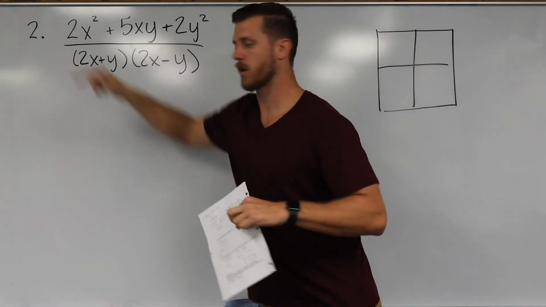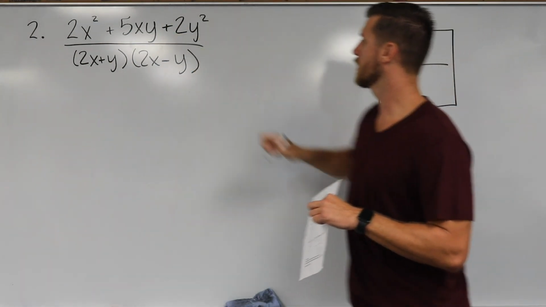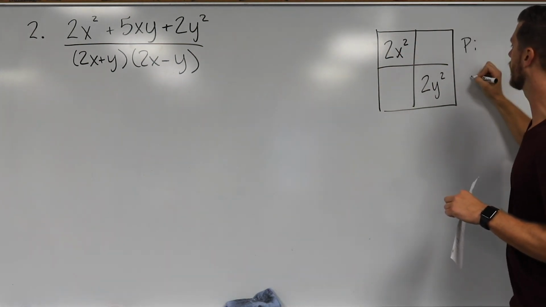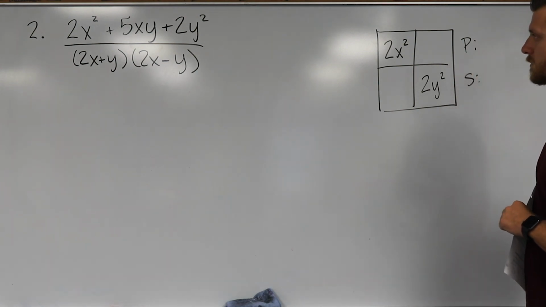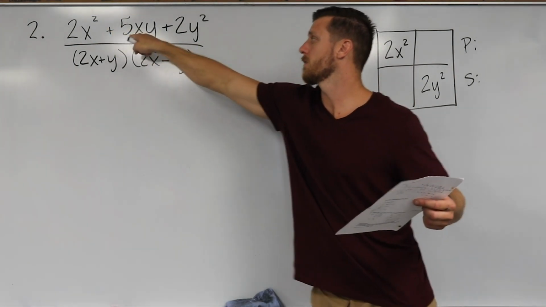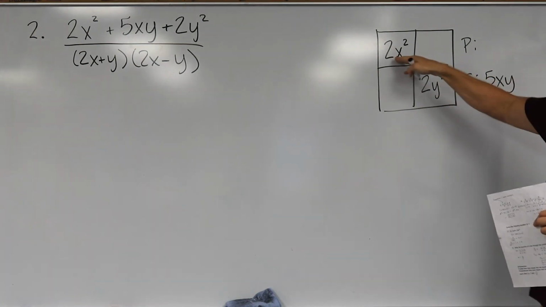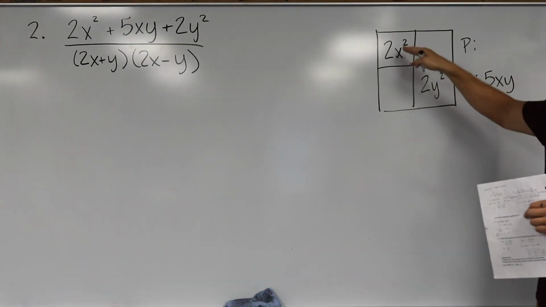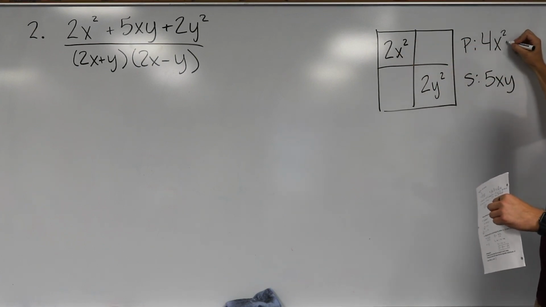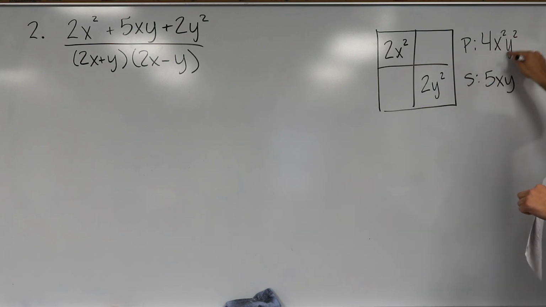We have this first term, you have a 2x squared. Then you have a 2y squared. So we need a product and a sum. Well, the sum is always the guy in the middle, the positive 5xy. The product is when you multiply these two corners. 2 times 2 is 4. X squared times y squared is x squared y squared. Now think to yourself, what two factors of 4x squared y squared